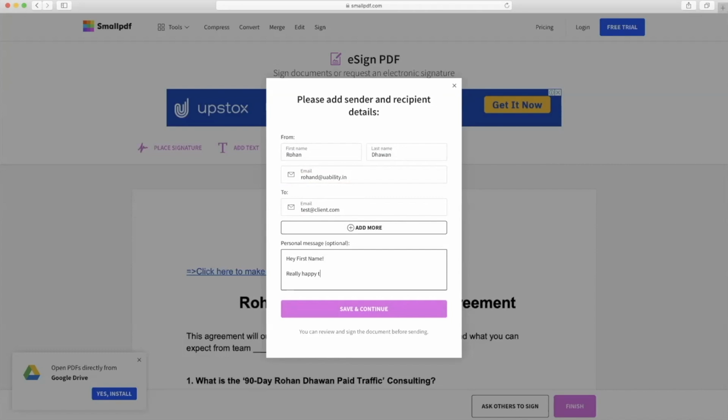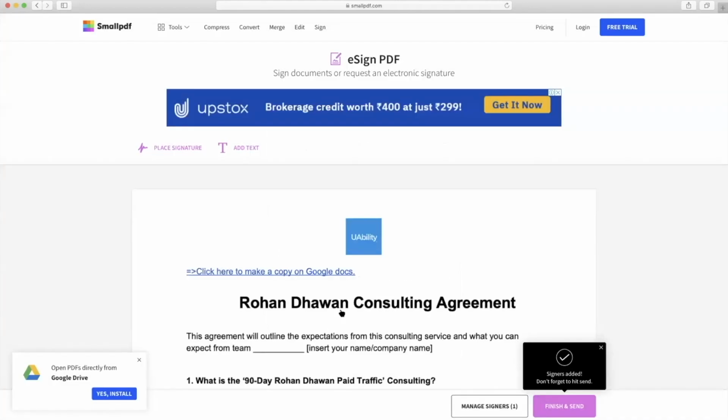Hey, first name, really happy to have you part of our program. Please go through the contract, and if everything looks good, sign the same so that we can proceed. For any changes, please email rohandi@uability.in. And click on save and continue, and then click on finish and send,